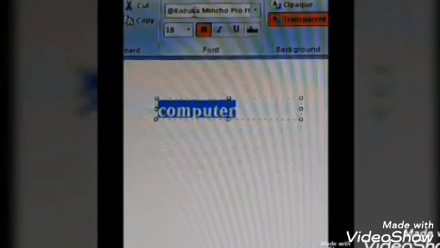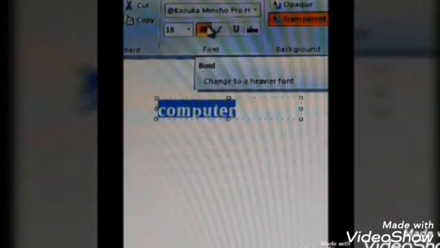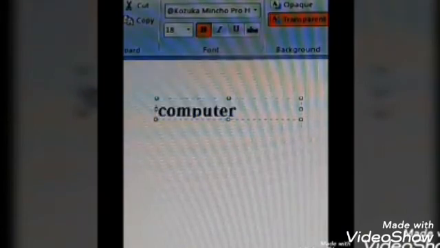Okay. Now this font will be in bold. It is not allowing us to remove the bold. Okay, so it is in bold. Now here you can change the color of the font also. For that, I will move the screen a bit to show you clearly. As you all have seen, the color box, whichever color you want, you can select. The text will take that color.